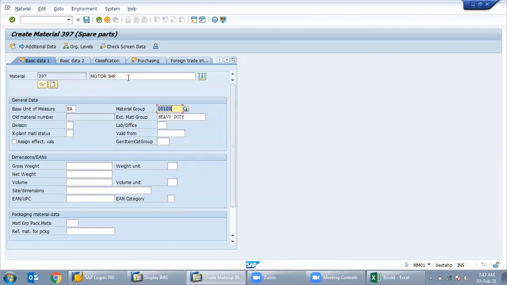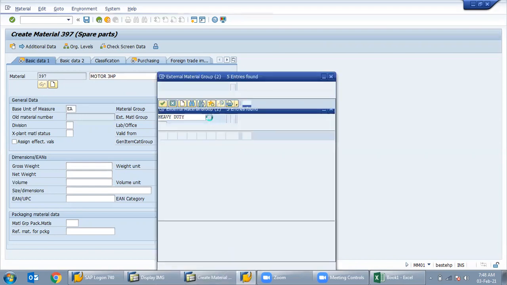And this motor comes in two categories, one is heavy duty, one is ordinary. If I take ordinary, the cost will be like 10,000. If you take heavy duty, it will cost 20,000 or 15,000.